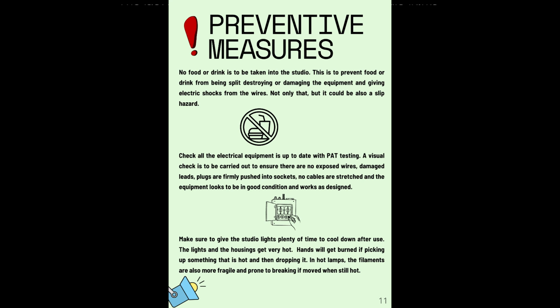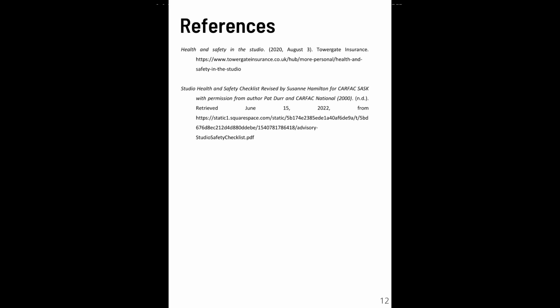The last but not least, make sure to give the studio lights plenty of time to cool down after use. The lights and the housings get very hot, hence you will get burned if picking up something that is hot and then dropping it. In hot lamps, the filaments are also more fragile and prone to breaking if moved when still hot. These are the references we used to complete our